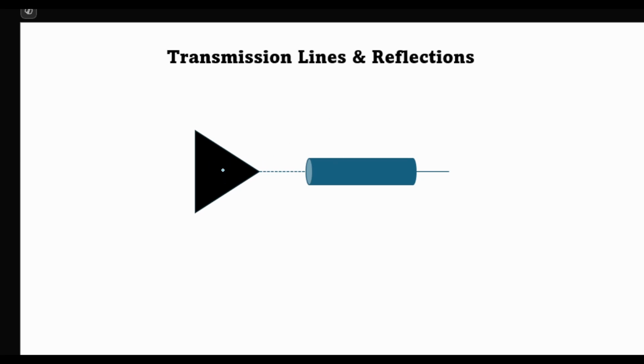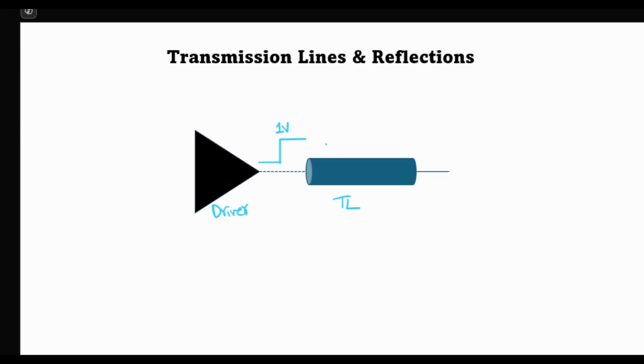So for this, I'll use a very simple setup where I have a driver which launches a 1 volt signal. So the output of this driver is this 1 volt signal which is launched over this transmission line. So this could be anything. It could be a trace on a PCB, it could be a coax cable. So this is a transmission line,